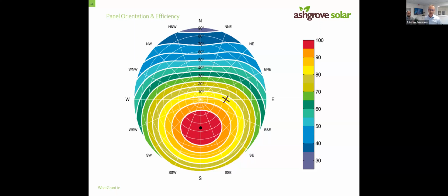For the panel. And as I start rotating that panel away towards, in this case, the east, you can see I'm moving now outside of the 100 to 95% category, down into the 90%, down into the 80%, etc. But if I go fully east, which a lot of people would expect is kind of catastrophic in terms of output, I'm in the middle of this yellow box now, which is 80 to 85. So if I'm fully east at 35 degrees of roof pitch, I'm at 82 or 83% efficiency for that panel. Of course, the various panels have different efficiencies as well. But broadly speaking, the point is it is not catastrophic to be